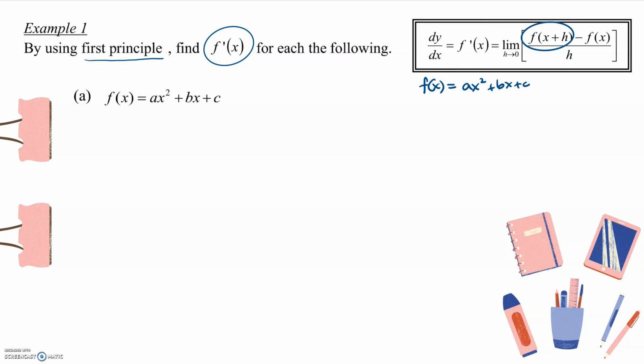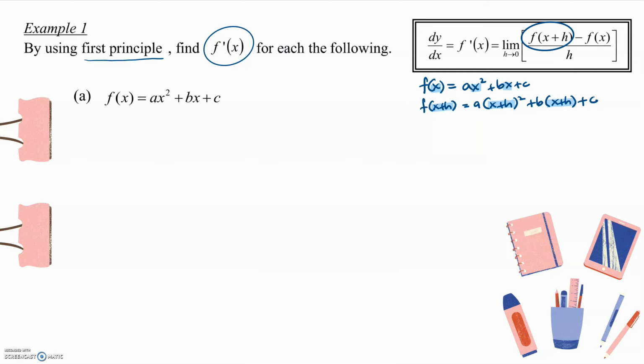In order to get f(x+h), we need to change all the x to x+h. So we will have f(x+h) equal to a(x+h)² + b(x+h) + c. So this is x+h,